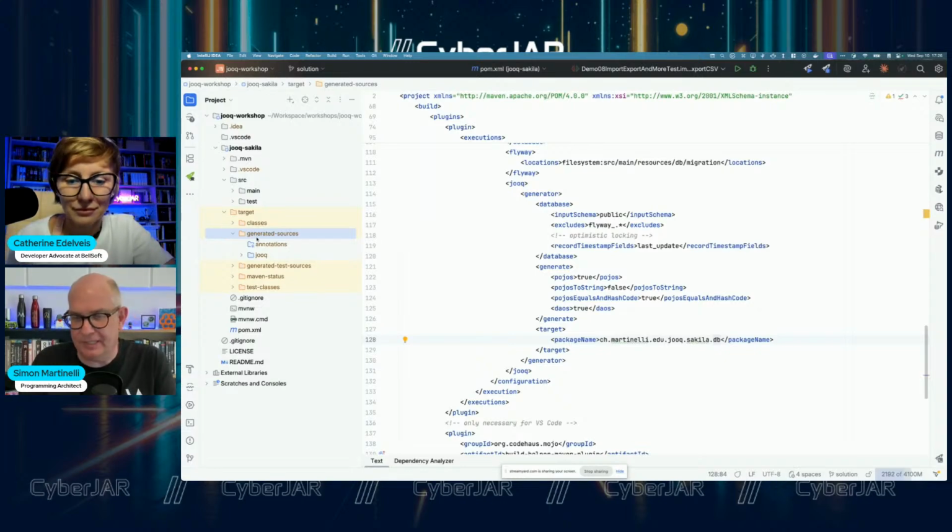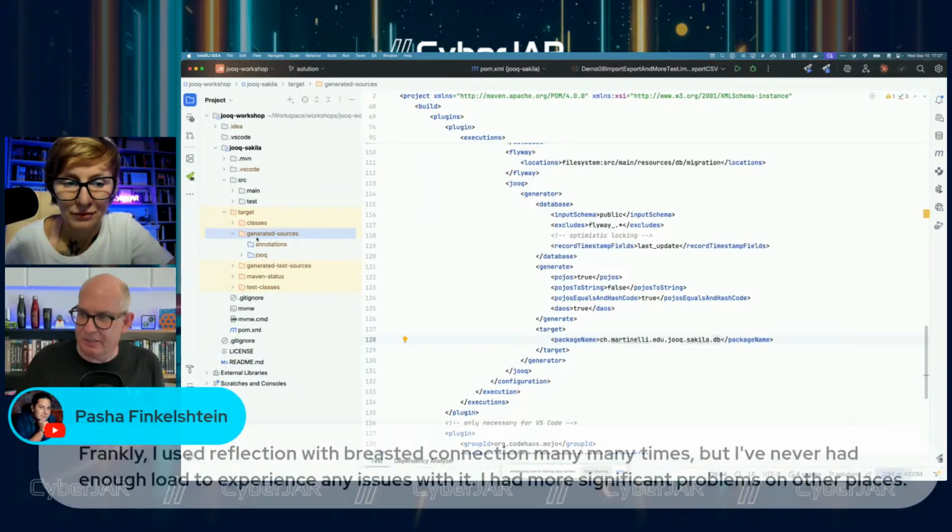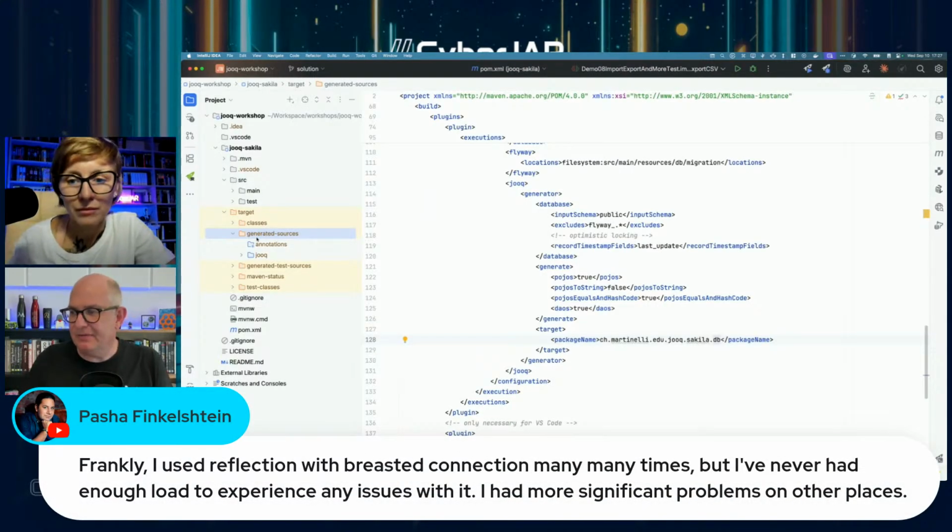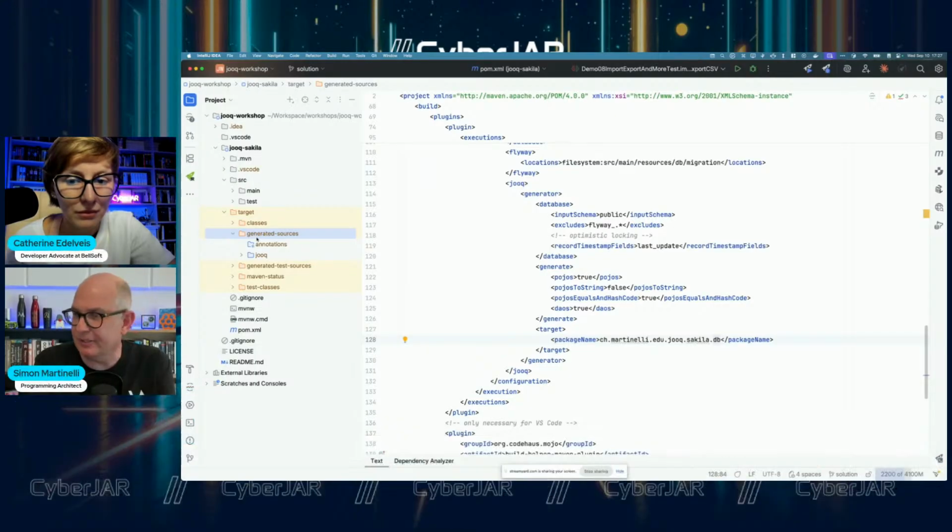So for example, I have a customer that has an ERP product that has 2,000 tables, and they also have 6,000 SQL procedures or PL/SQL stored procedures, and JOOQ generates a class per database object. And that means that we have around 11,000 classes that are generated, and compiling 11,000 classes takes a while. So in that case, we just do that in a separate continuous integration step and generate the jar file that we put to the main repo and then integrate.